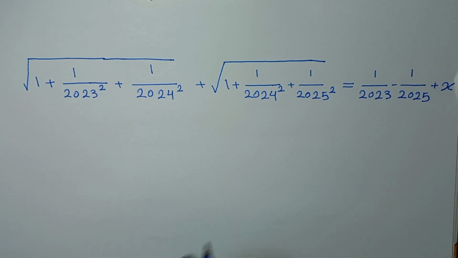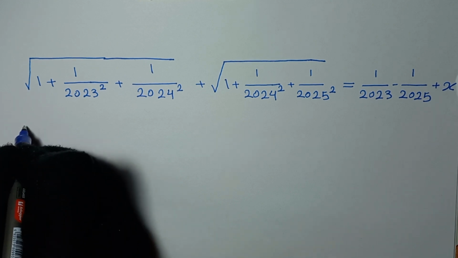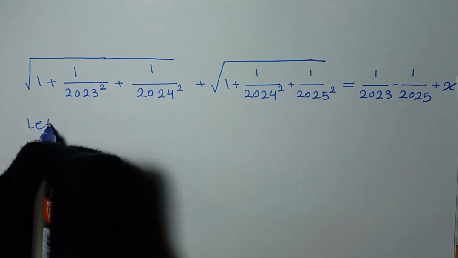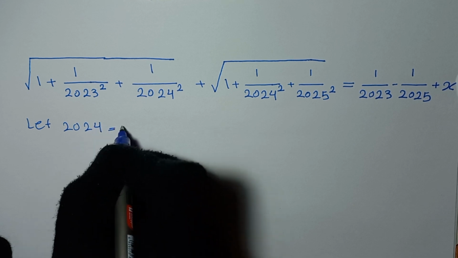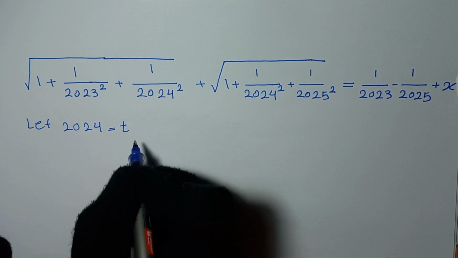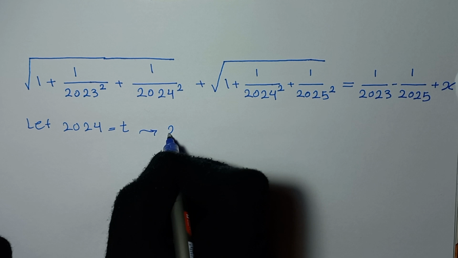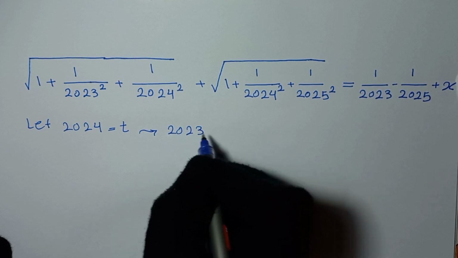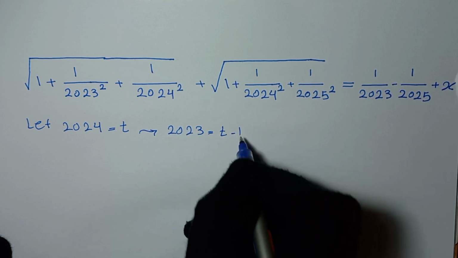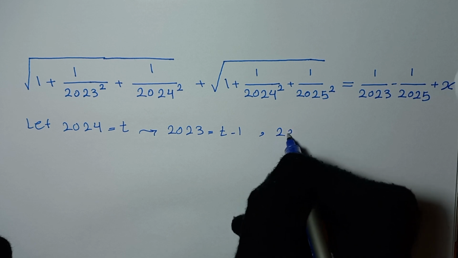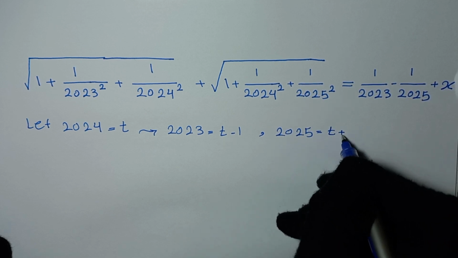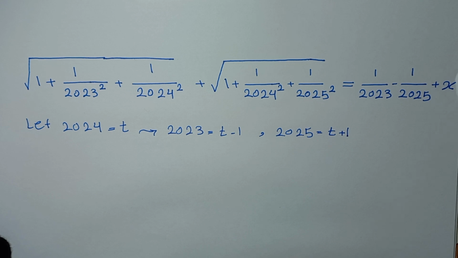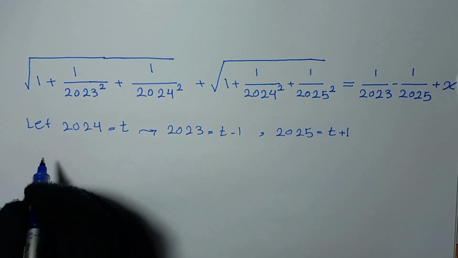In the first step, we let 2024 as t. So from here, 2023 is equal to t minus 1 and 2025 is equal to t plus 1, right? So we rewrite this equation and it will be